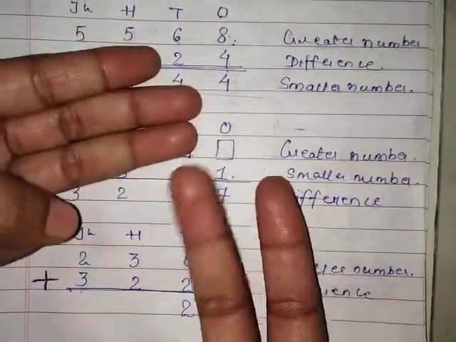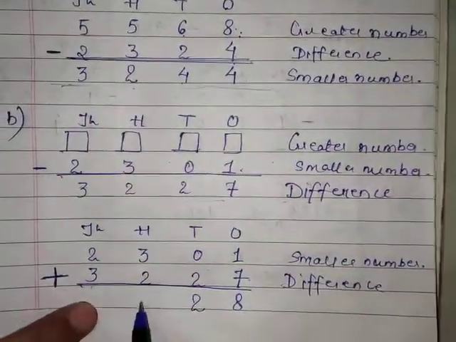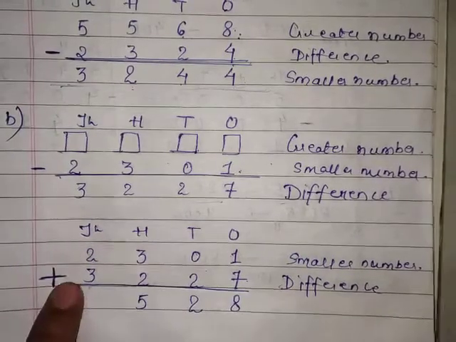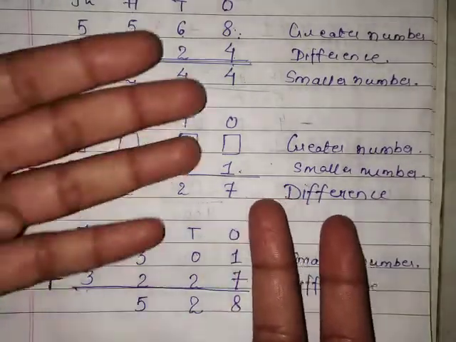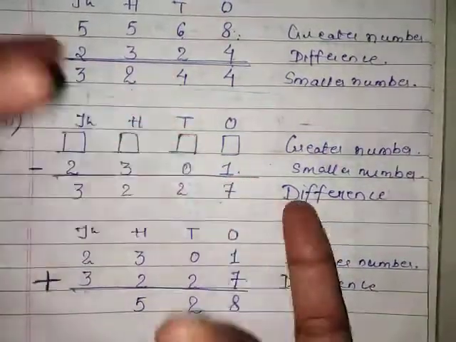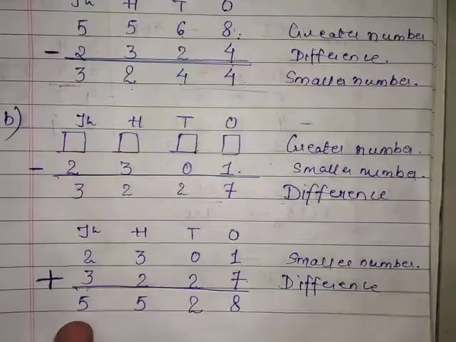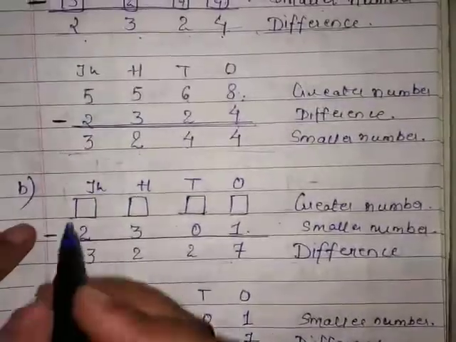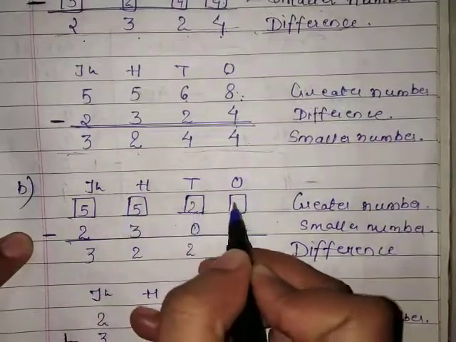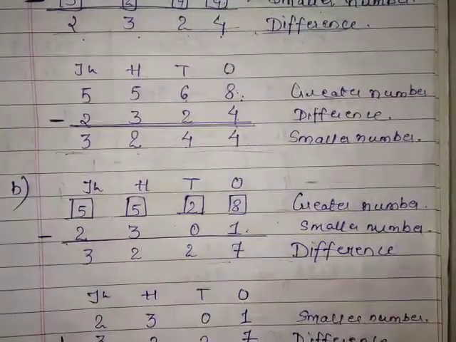Now 3 plus 2 is, see, this is 3, this is 2. So 3, 4, 5. So how many fingers are there in total? 5. Now 2 plus 3, again 2 and 3. So 2 plus 3 or 3 plus 2, the answer will be 5. So here the answer which we have got is 5528.